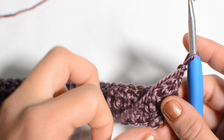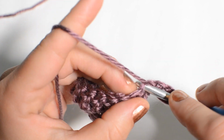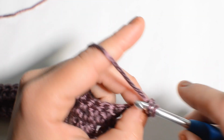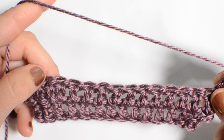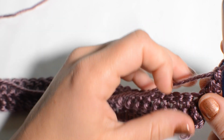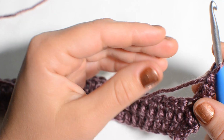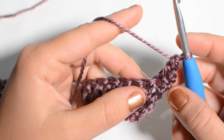So we're going to go ahead and start with double crochet again into the very first stitch. And instead of increasing into our 11th stitch, now we're going to increase in our 12th stitch. So each row that you go up, you're going to increase in the next stitch over. Hopefully that makes sense. So we did 1,